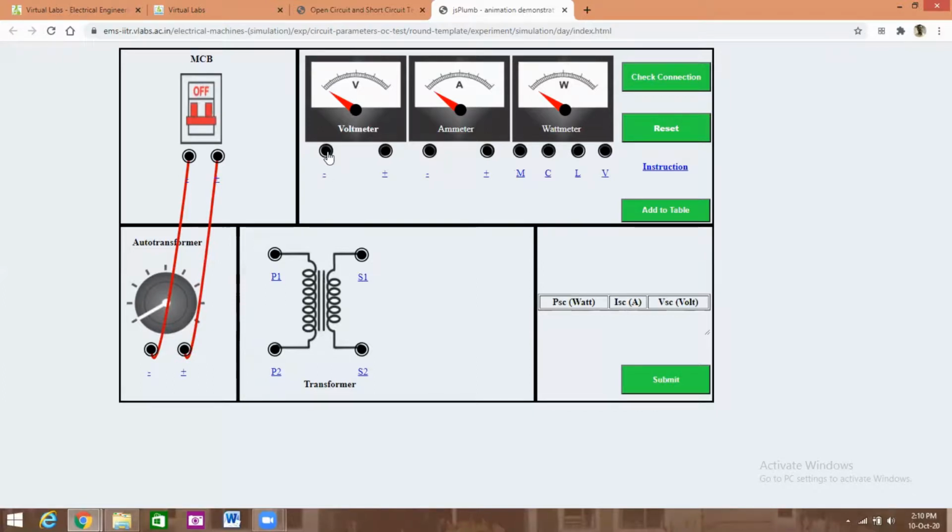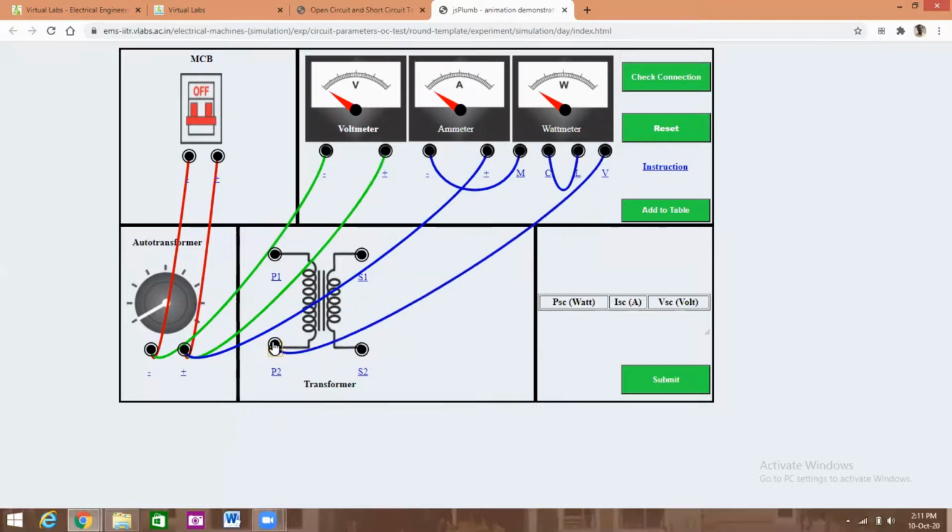Then the voltmeter is connected across this power supply. Next, the ammeter is connected in series with the power supply. Auto transformer positive to ammeter positive. Auto transformer negative to wattmeter M. Then wattmeter C and L are short circuited.